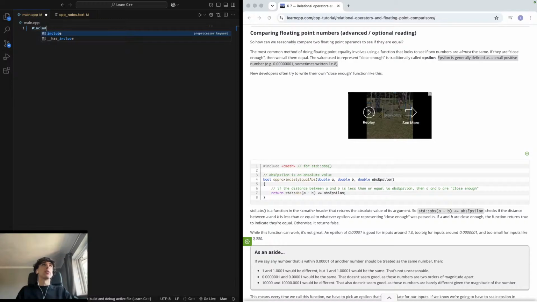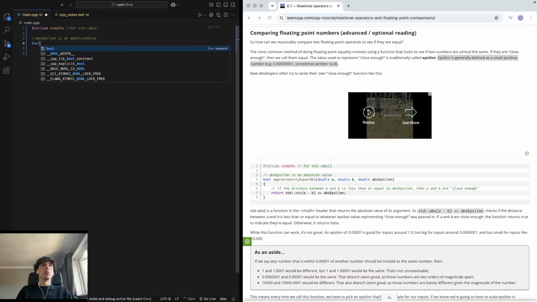Include cmath for std::abs. And then epsilon is an absolute value. So a bool